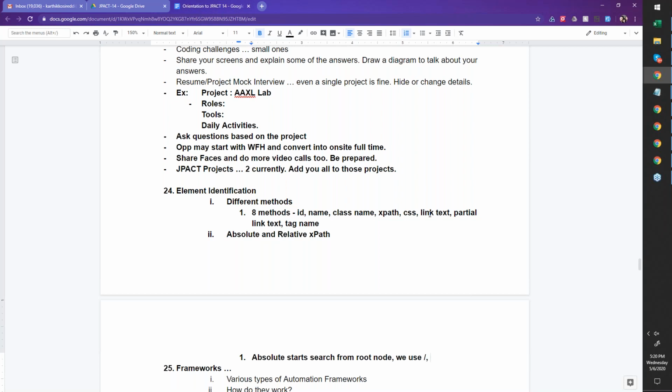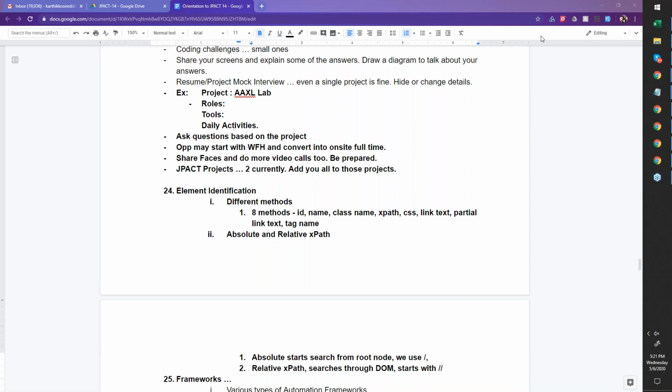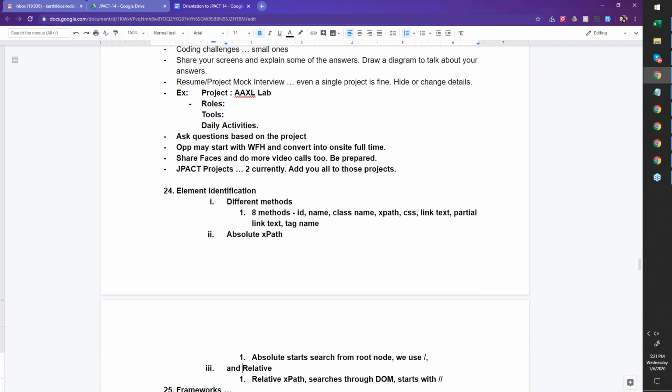Relative XPath will start searching anywhere in the DOM, and it is created with the double slash. Absolute XPath will start from the HTML root node, I think. That's it. Thank you.